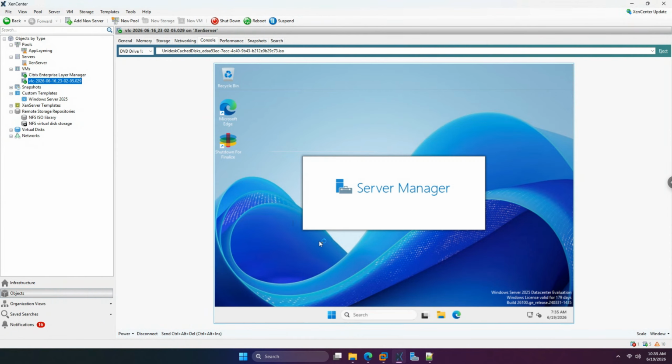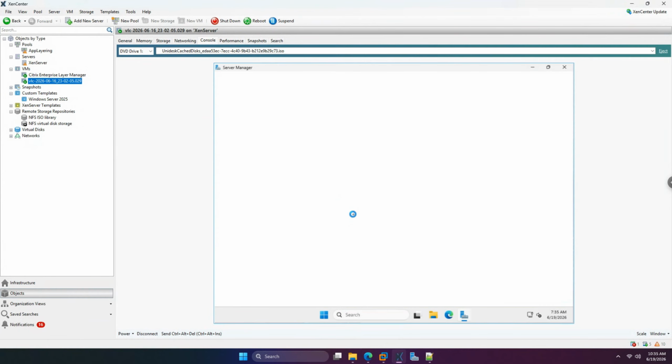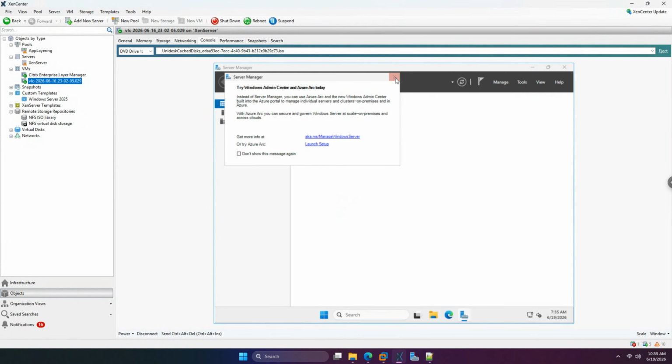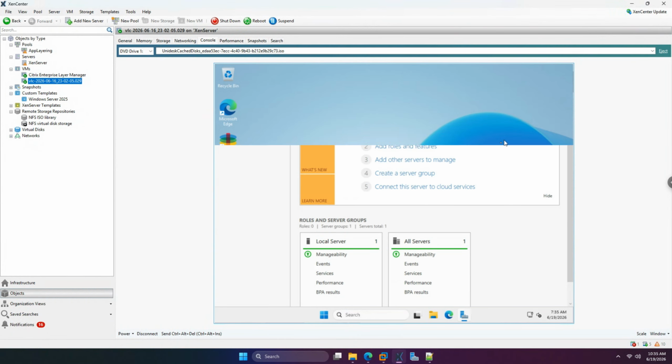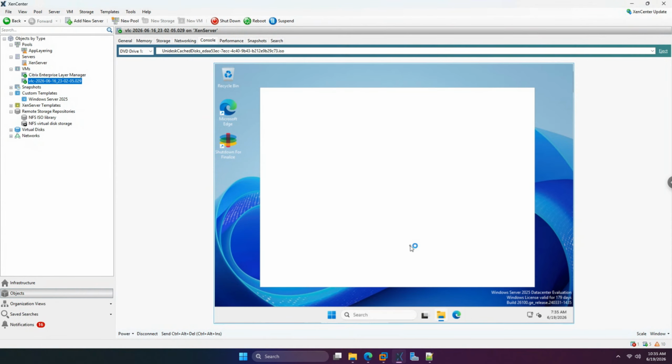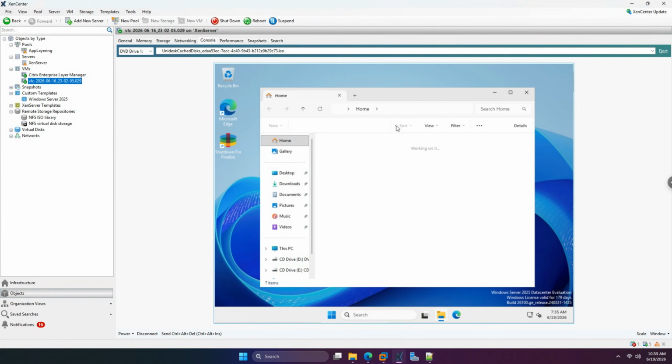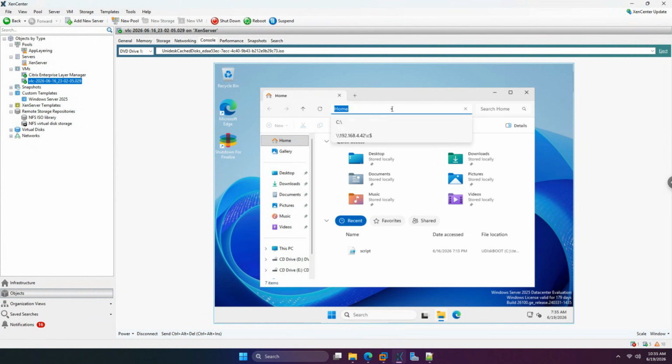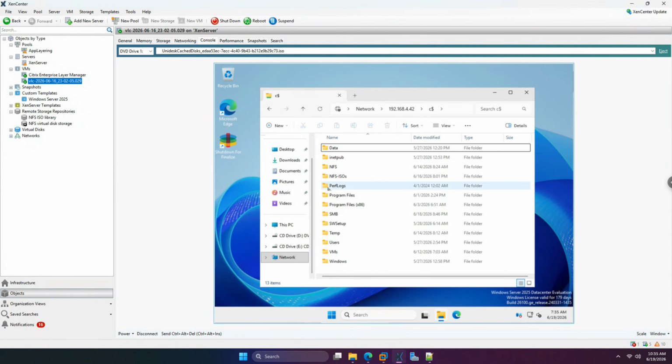All right, there's that little shutdown for finalizing the seal. Wait for this to settle down. I can close out Server Manager. Probably should have disabled it, but hey. All right, so let's get the installer on here. Here we go. Users,